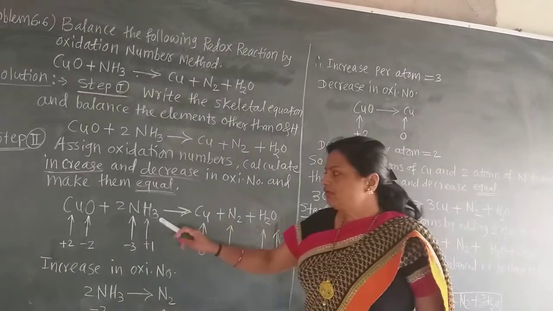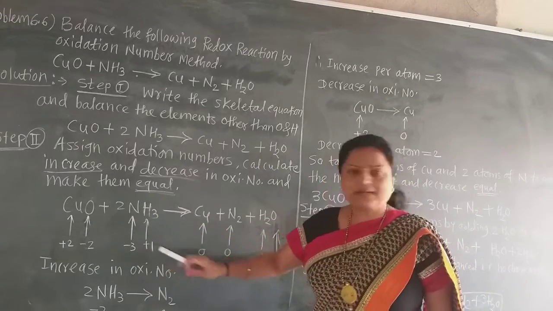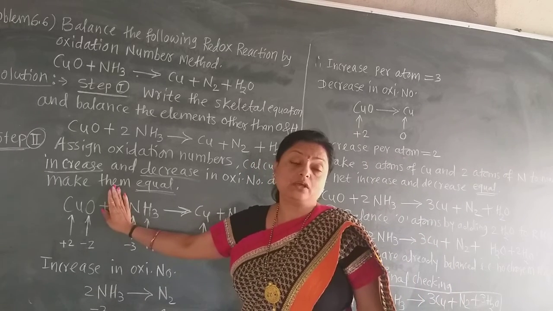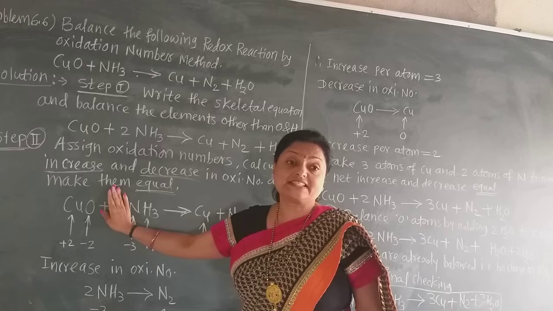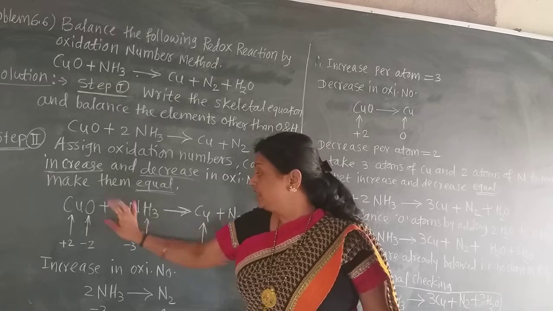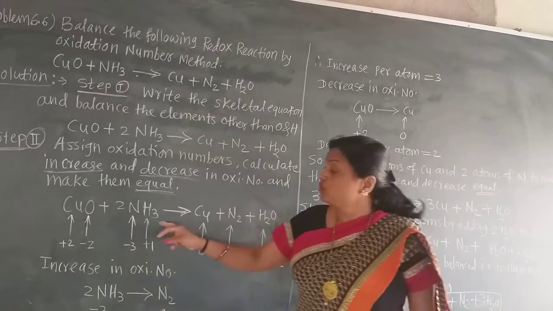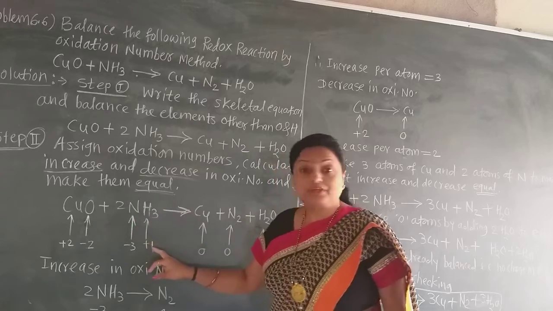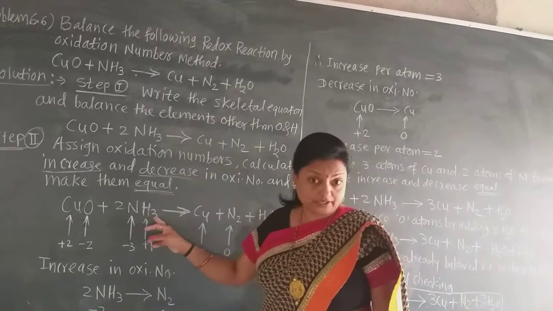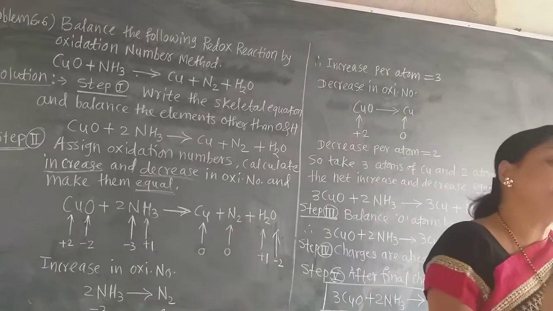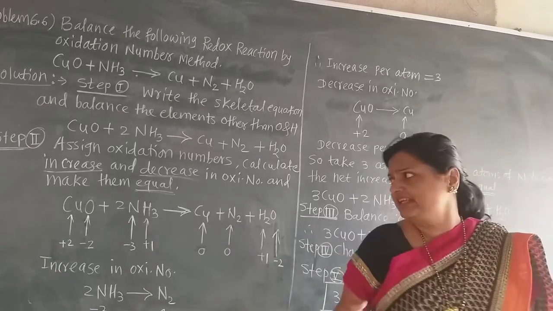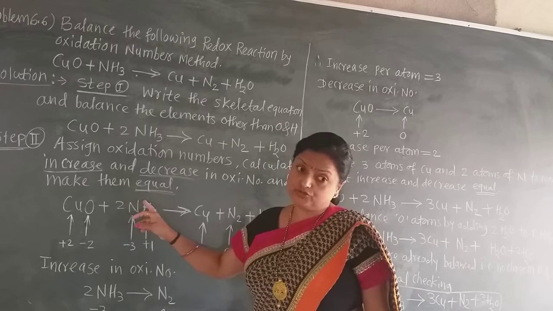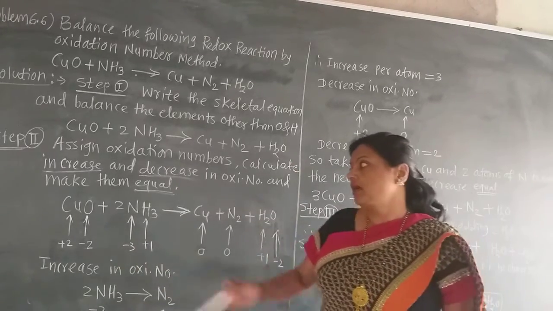Now here we know that hydrogen always has the +1 charge. Now there are 3 hydrogens. You can write the oxidation number by considering only 1 molecule. So total positive charge will be +3, because there are 3 hydrogen atoms. To balance +3, what will be the charge on nitrogen? -3, because they cancel with each other and there is no charge on this molecule. So nitrogen has -3 charge in the ammonia molecule.